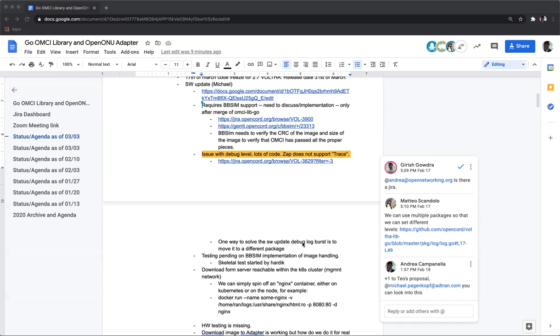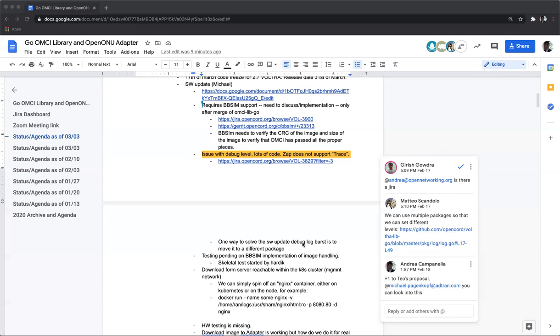So I think for real images, it's not really a Volta concern where they live. Yeah, exactly. They can be in a web server anywhere. If we need support for testing, what I can easily do is add the image within BBSIM, and I already have a web server running in BBSIM, so it's trivial to add a file so that we can download it from there. And at that point, it's always the same image without adding another container, just for the sake of it. Yeah, that's fine by me.